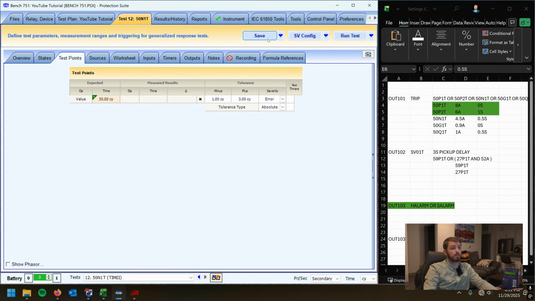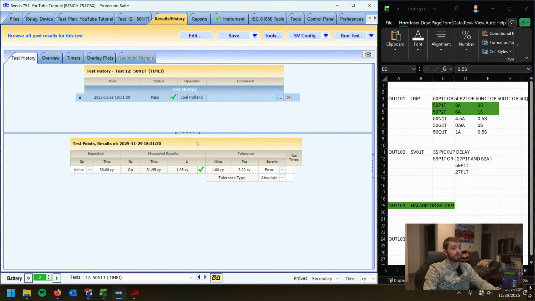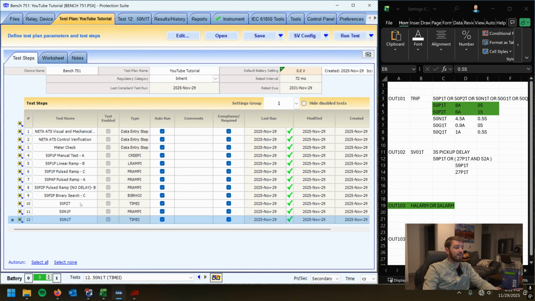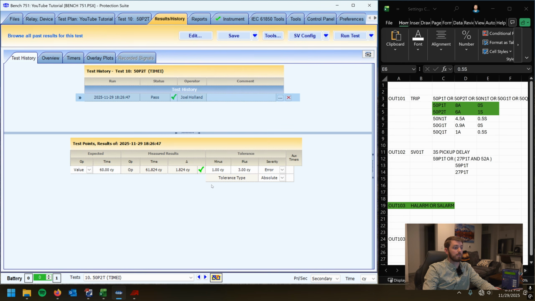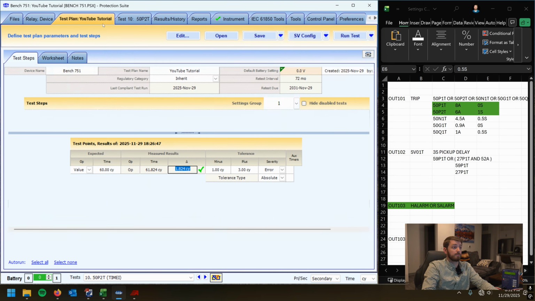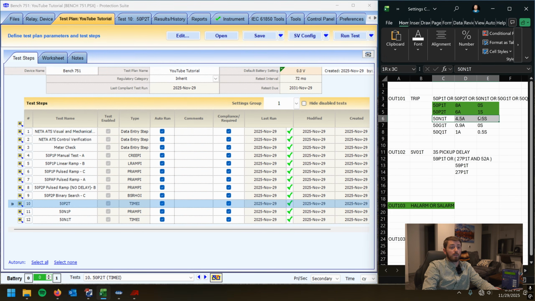Cool, sick, love that. Got a good result. Again, we'll see it was almost exactly 2 cycles slow, which is what we saw on our phase time overcurrent. It's almost exactly 2 cycles slow. That is the delay of our relay test set. Okay, cool. So I got those two. Up next is